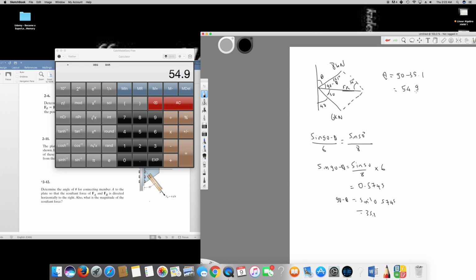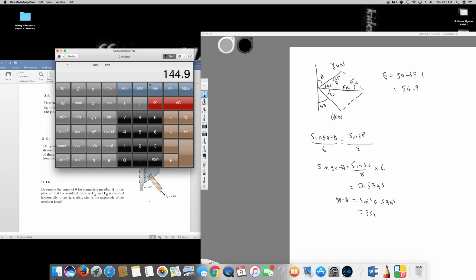The second question is, what is the resultant force in this case? We know this is 35.1 degrees and this is 50 degrees. So 50 degrees plus 35.1 degrees is going to be 85.1 degrees. According to the parallelogram law, the angles of two adjacent sides of the parallelogram should add up to 180 degrees. In this case, I have found one side is 85.1 degrees. So to find the other, I have to simply deduct this angle from 180 degrees. So 180 minus